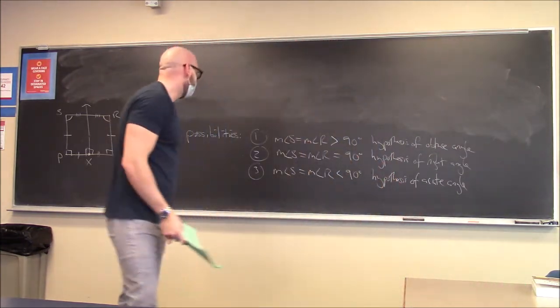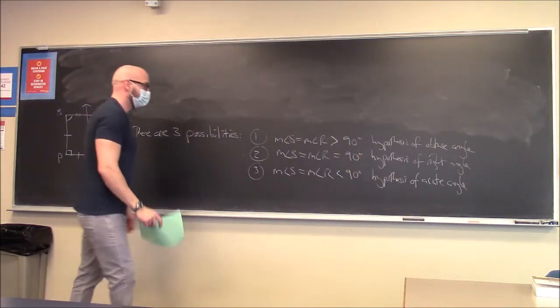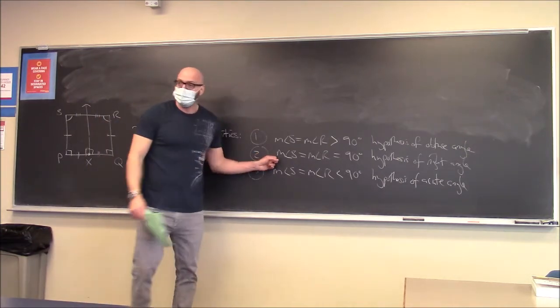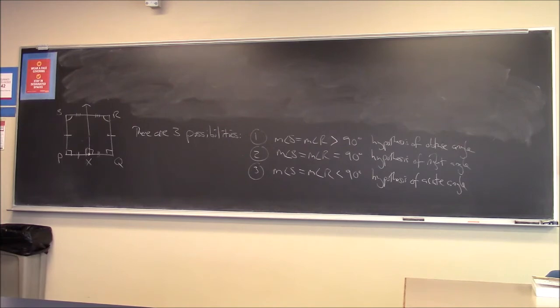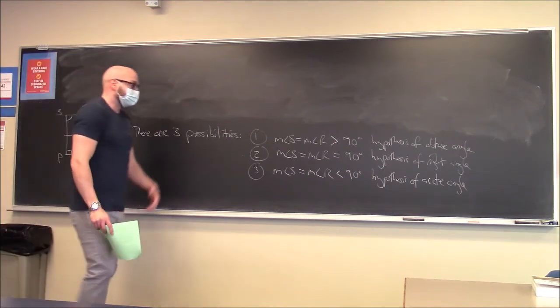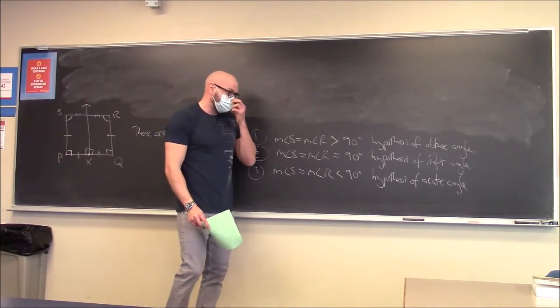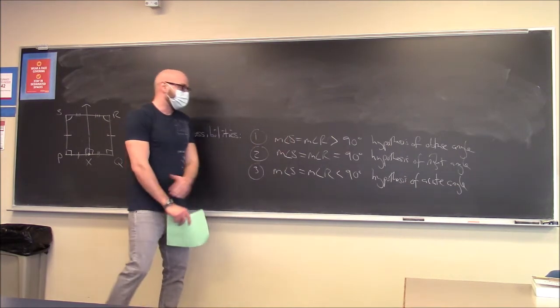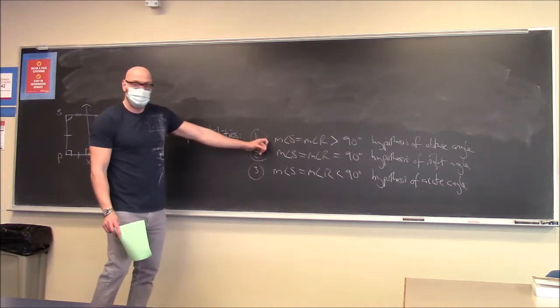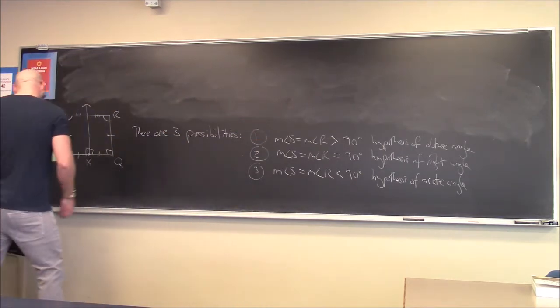So he wants to prove Euclid's fifth postulate as a theorem by showing that 2 is true. In fact, only 2 is true. So he wants to rule out 1 and 3. But of course, in neutral geometry, which is what he's working in, if he doesn't have a parallel postulate, 2 and 3 are both possibilities. One is false, and he's able to disprove one. So that's what we're going to do today.